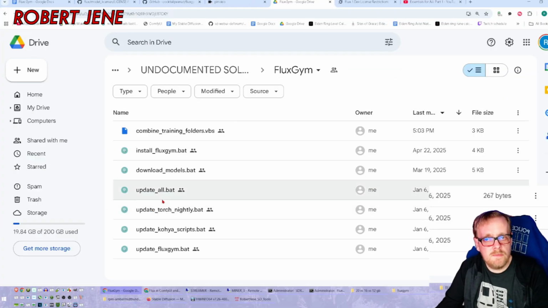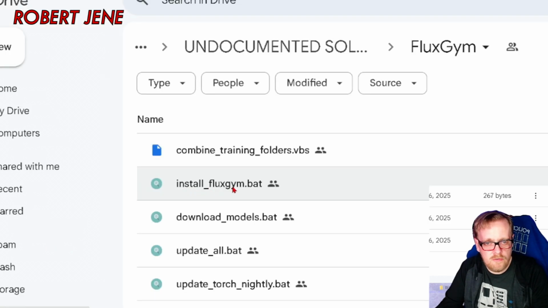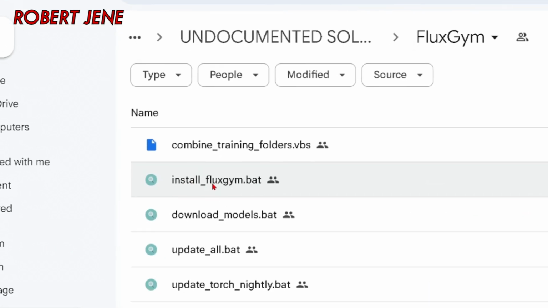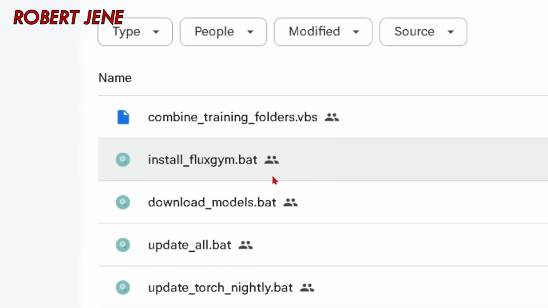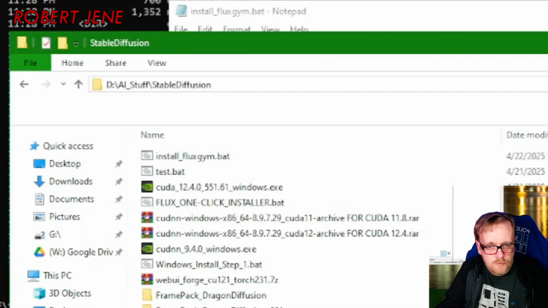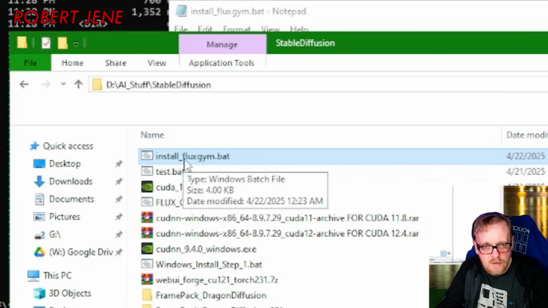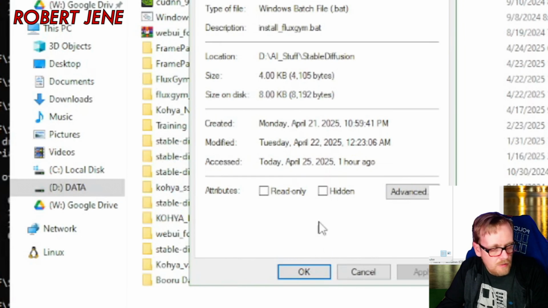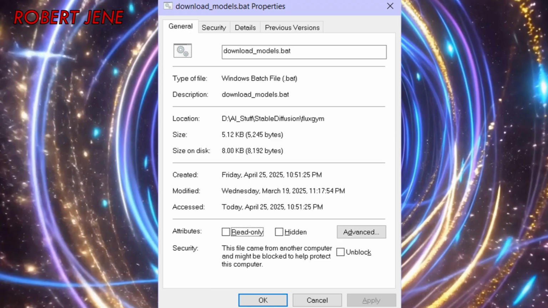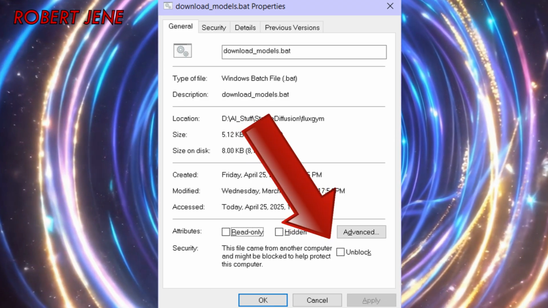Another option is in my tier 2 folder on my Patreon I mentioned earlier, and you just run install fluxgym.bat. Put this file in a folder and run it, and it will create the FluxGym folder for you and do all of the installation steps. So for example, I have D AI stuff, Stable Diffusion. That's a folder where I keep all my Stable Diffusion stuff. You just want to drop the install FluxGym batch file in there, right click it, hit properties. If there's a block message here, check the box that says unblock and then hit OK, and then just run